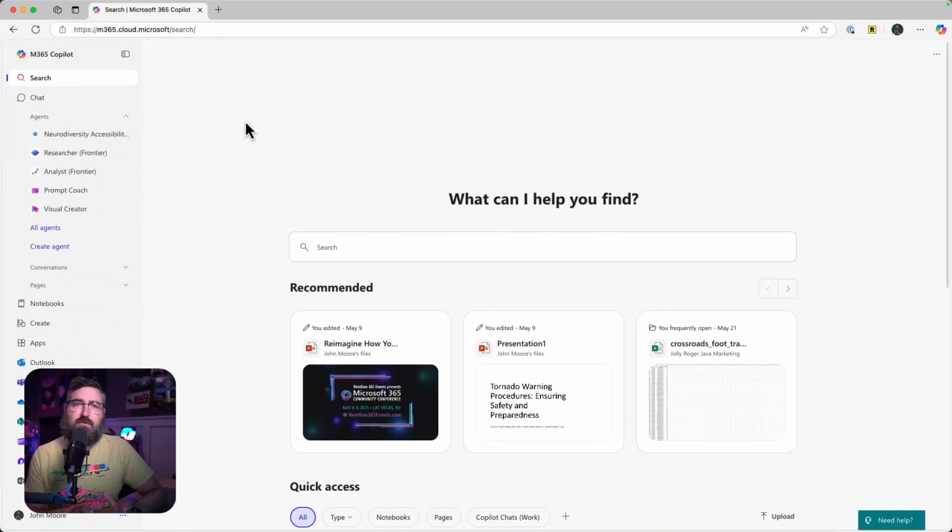Okay, the first of the 3 places where we can create video with Clipchamp and Copilot is right from the Office website. So if we go to m365.cloud.microsoft, we land at the new landing page for the Copilot web application. And if you haven't pinned applications across the side here, then you'll find Clipchamp under the apps area right here